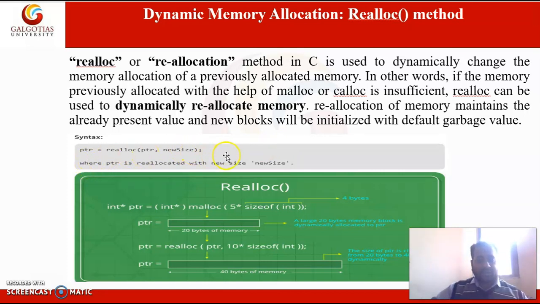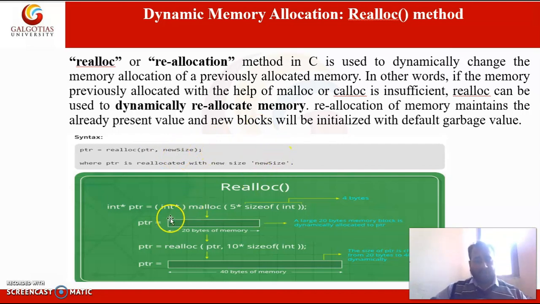This is the typical syntax of realloc. Here two parameters are there: one is the pointer, which holds the address of the allocated memory block, and the other is the new size, whether we want to increase or decrease.